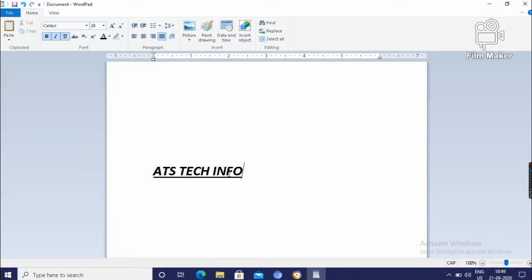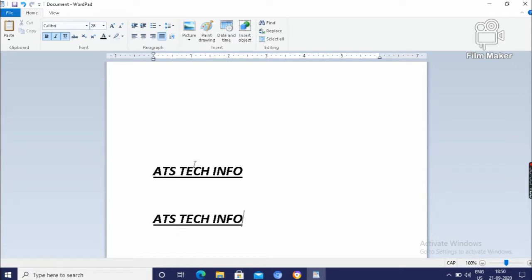It is the cut. And how to copy? Select the text, then right click, click on copy, then go to the new place and right click here and click on paste.